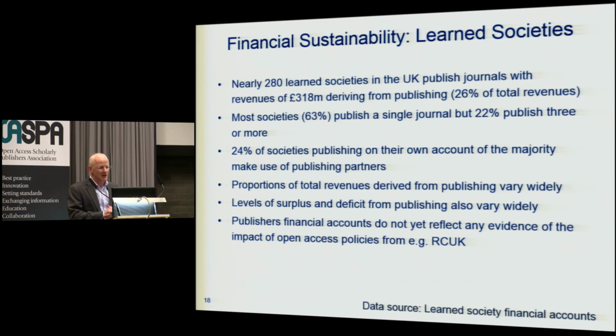Learned societies, in all of our project discussions, this was the last thing we discussed and ran out of time, and I've run out of time now. Simply to say, there's enormous variability here amongst what learned societies are doing in terms of publishing and in terms of how they're publishing and also in terms of the revenues they get from publishing. Some make a loss from their publishing activities, some make a considerable profit.